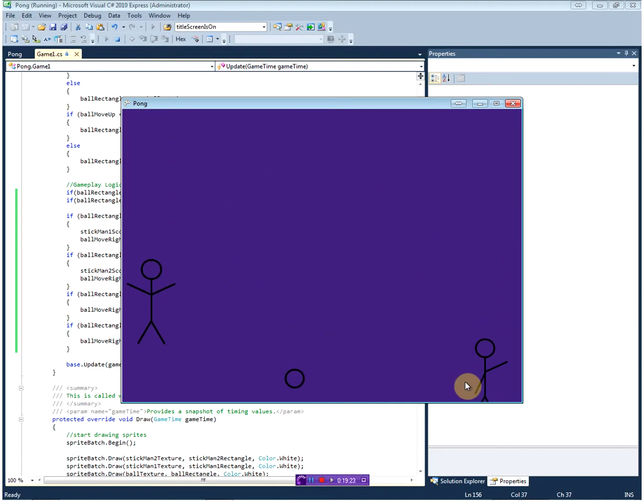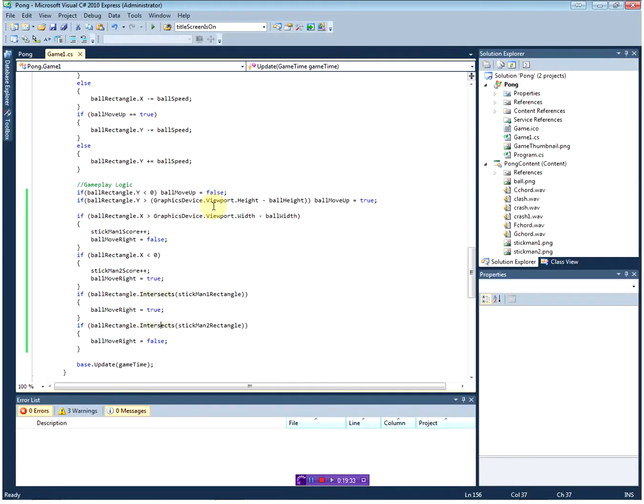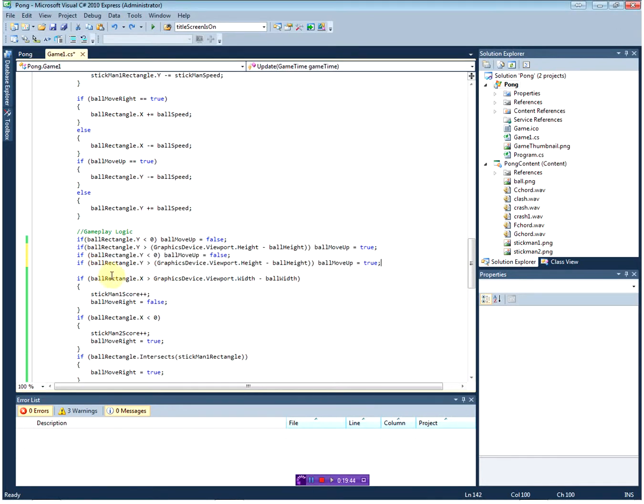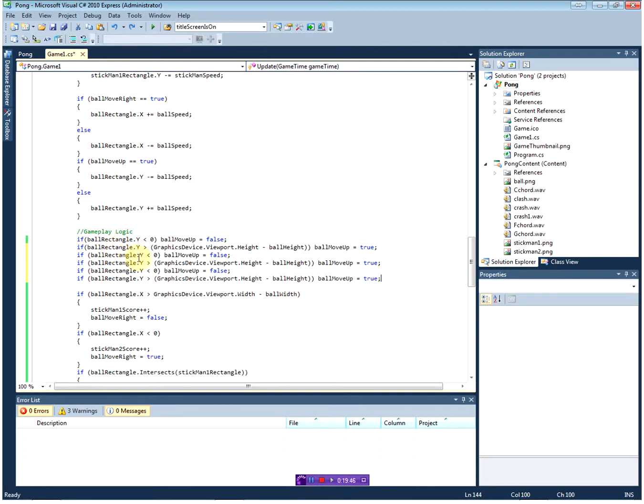There's really only one thing I'd like to add real quick, because you notice the paddle can still go past the edge. I'm fairly certain you guys know how to do this. I was going to pause and do it real quick. You know what, I changed my mind. There's no reason to pause here. So all we have to do is if stickman1 rectangle is less than